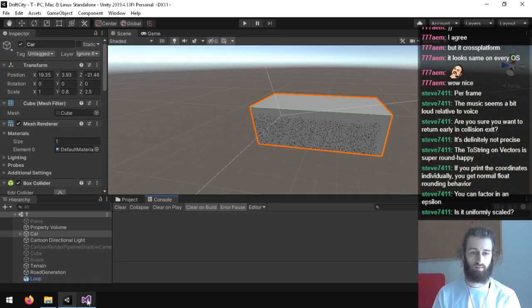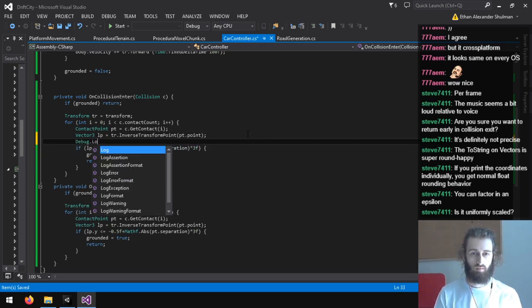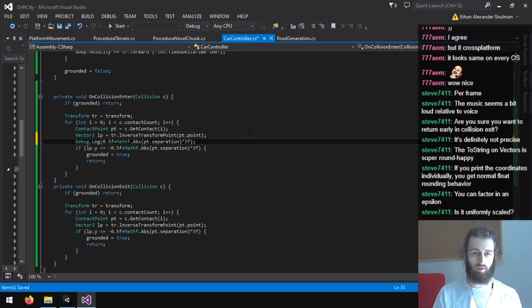Nope. Let me debug what this value is, what the separation is, multiplied by 3.